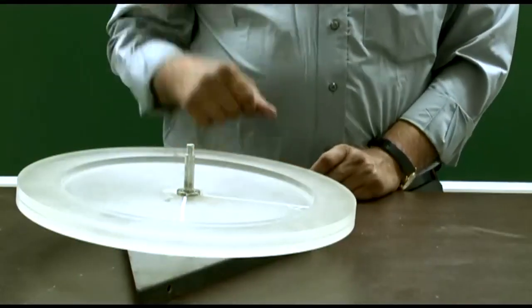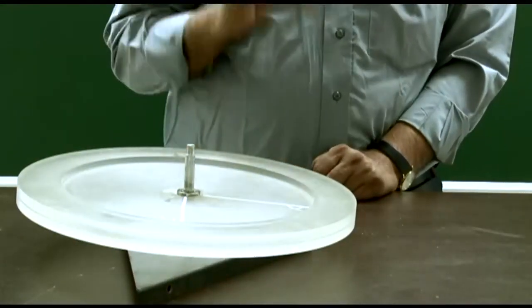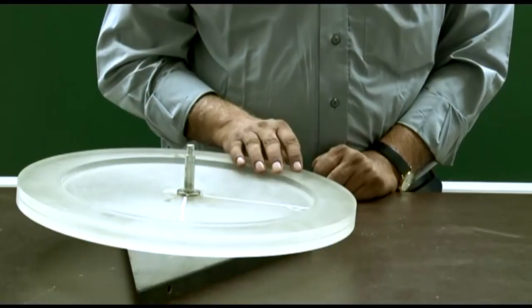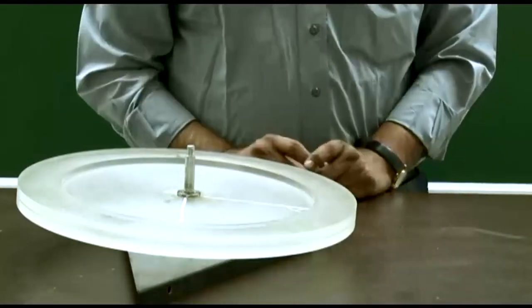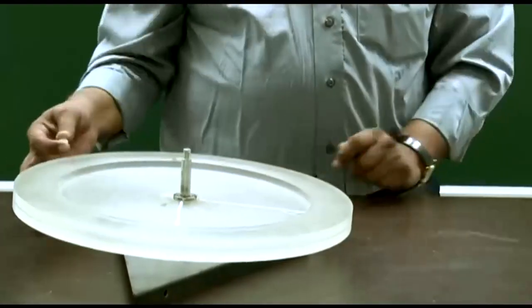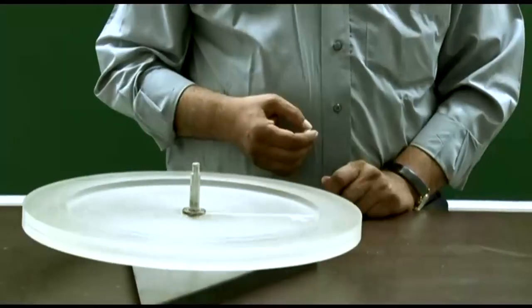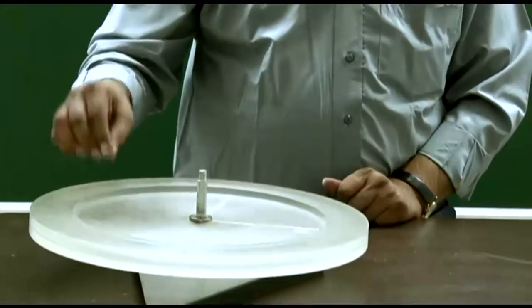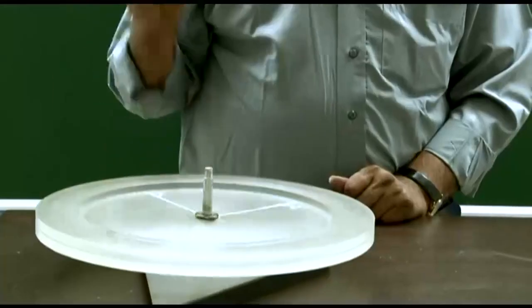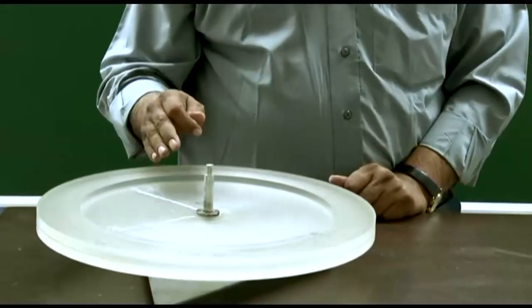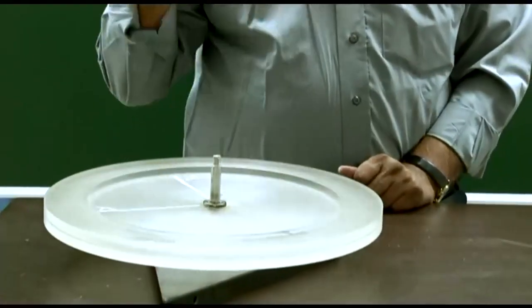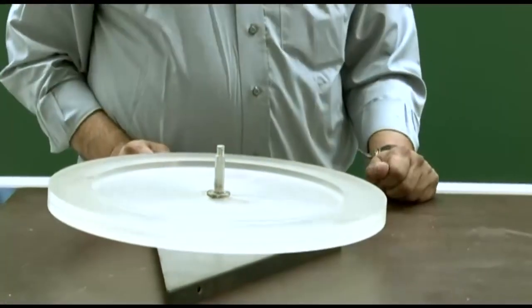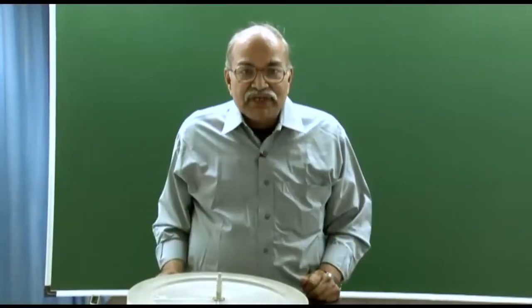So, if I want to use Newton's laws, I will say that a pseudo force acts in this rotating frame, and that pseudo force is away from the axis, and that will happen in all rotating frames. If you do the dynamics of a particle from the rotating frame, there will be a force away from the axis of rotation, and that force is known as centrifugal force. So, what is the magnitude of this centrifugal force?